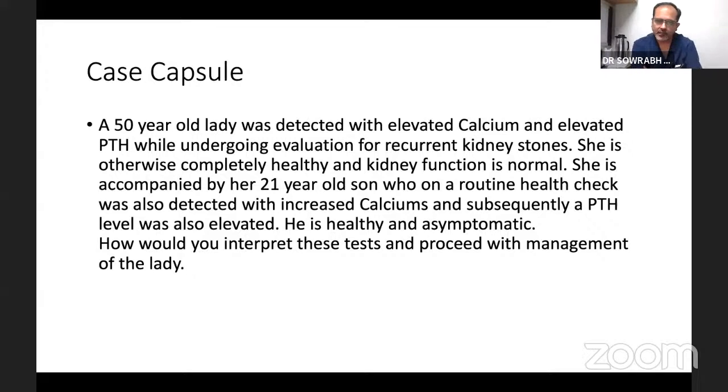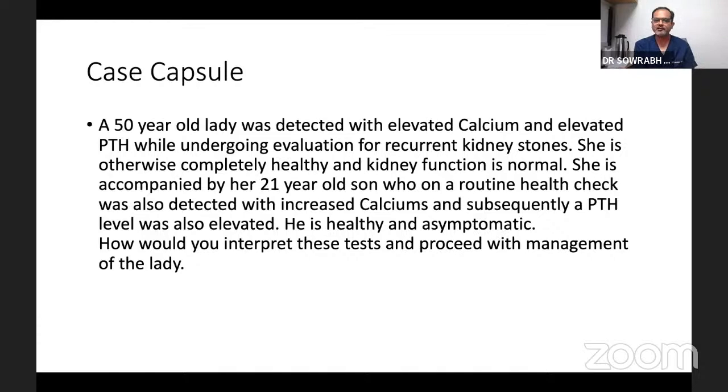So we have to see if the patient is, like, the lady came. Here a history was there, but if the history is not there, and the patient is very young and has come with a high level of calcium, you have to find out other ways. The patient may also have other symptoms like hypertension and other clinical indicators which can tell you that the patient